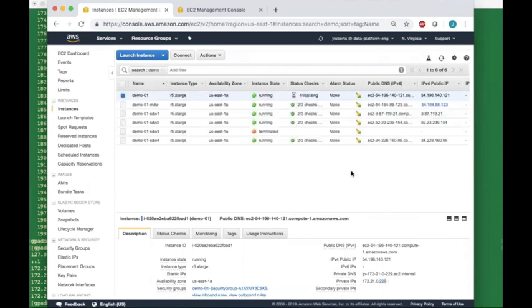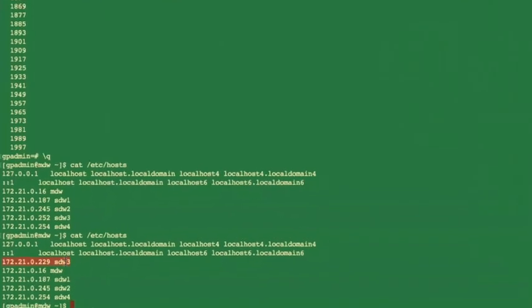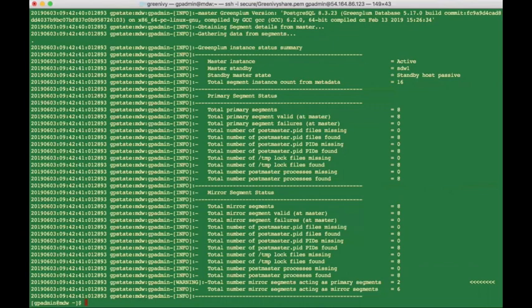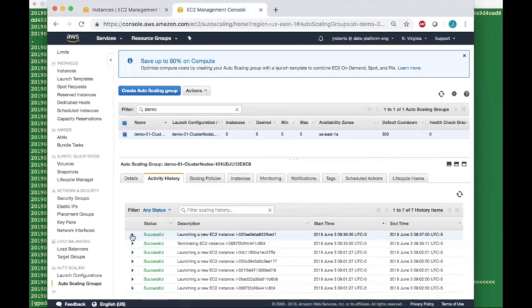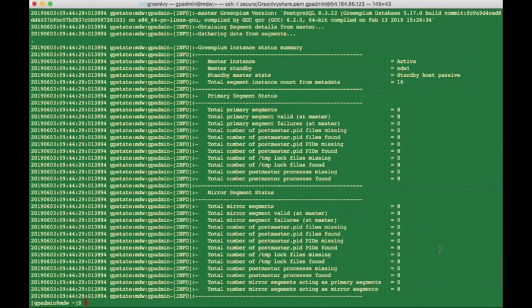Now that the machine is ready, our cloud-native utilities update the remaining hosts in the cluster with the new IP address. Checking out the status of Greenplum, we can see that it is still in a degraded mode. Looking at the Amazon console, we now see the host is fully operational and the auto-scaling group has completed as well. Checking again, we can see that Greenplum is fully operational,